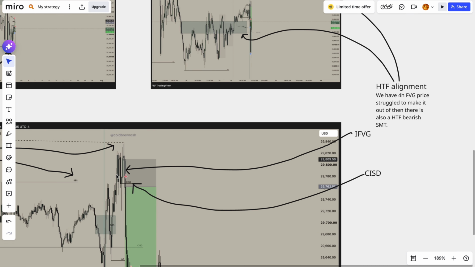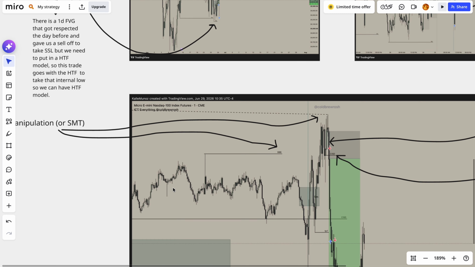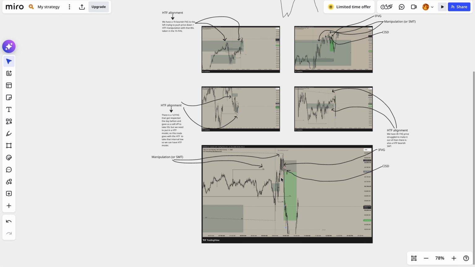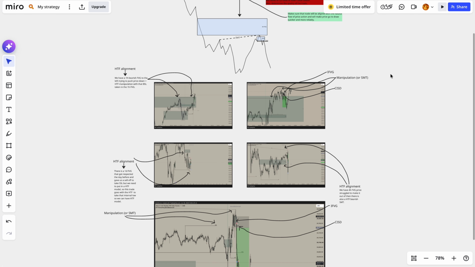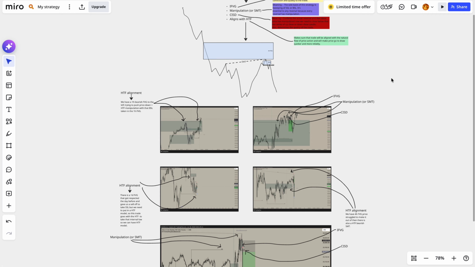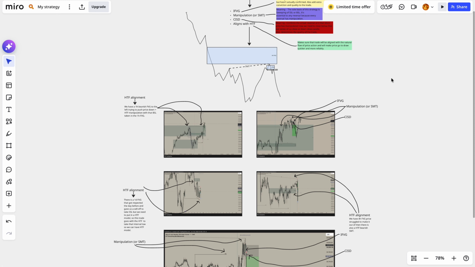So you can see we got the IFPG here, change of the state, and SMT, and then some manipulation right here. So always just having the manipulation checked off. That's the first thing that we're looking for. We're looking for, is this respecting any sort of higher time frame imbalance? Are we with the higher time frame? Because I could